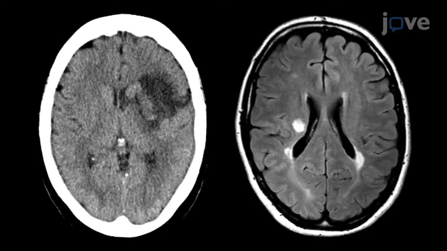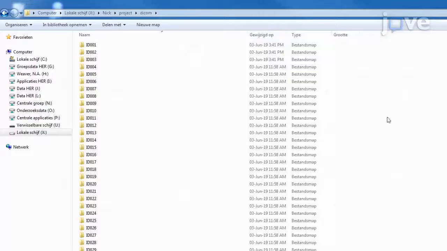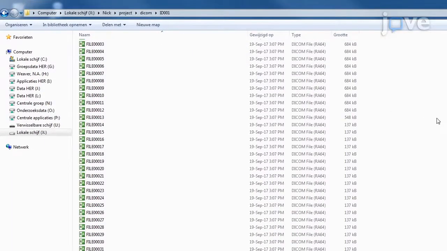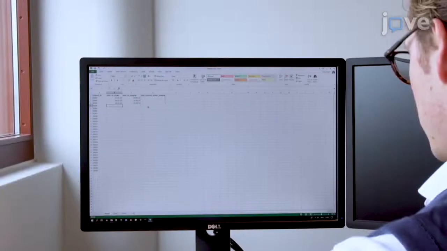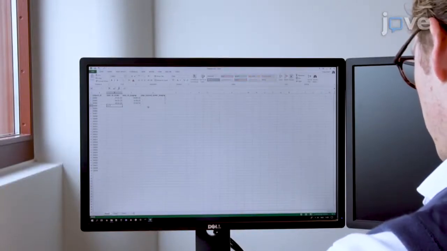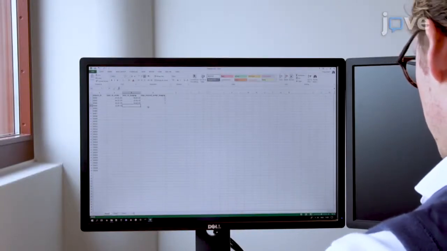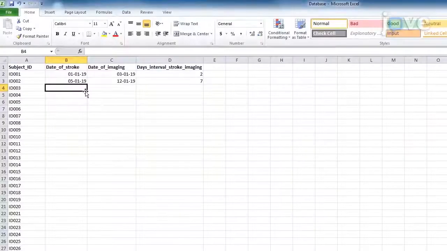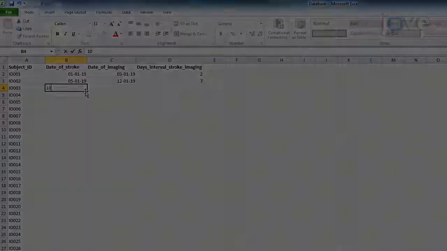Begin by collecting brain CT or MRI scans of patients with ischemic stroke. Most scanners have the scans as DICOM files that can be copied to a hard disk or server. Collect the clinical variables in a data file by making separate rows for each case and columns for each clinical variable. For infarct segmentation, include at least the date of stroke and the date of